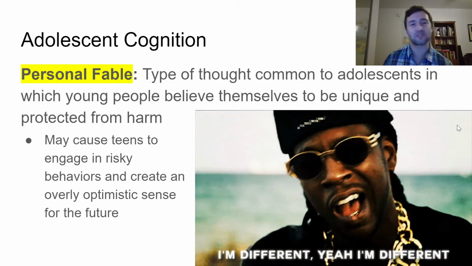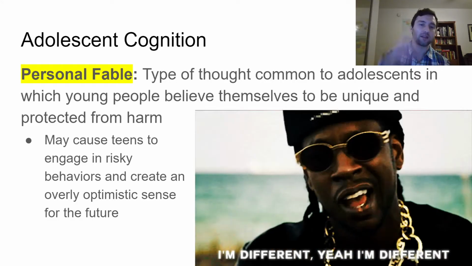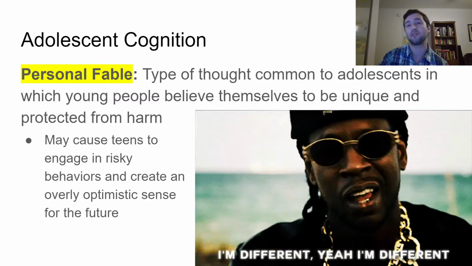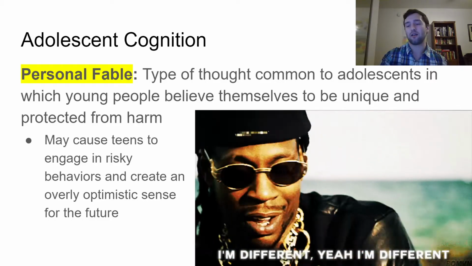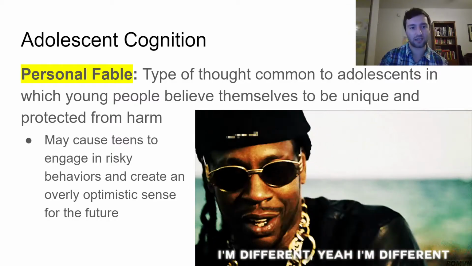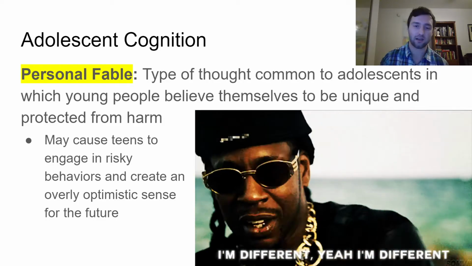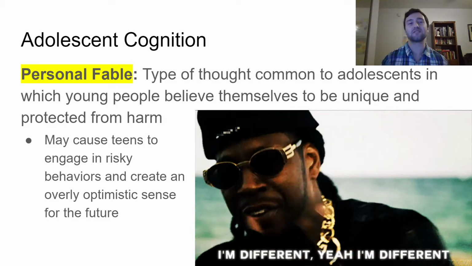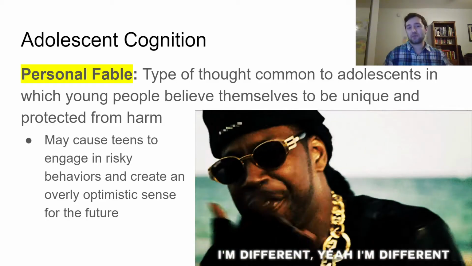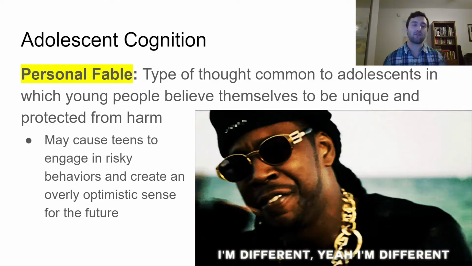We also see what is called the personal fable. So personal fable is a type of thought common to adolescence in which young people believe themselves to be unique and protected from harm. So again, this goes along with that risk-taking behavior, where I can maybe give you statistics on, like I said, drunk driving incidents or speeding accidents or STIs or teen pregnancies or all these different things, right? But even with that information, adolescents are still going to, a lot of times, carry out these behaviors. And one of the things that we see is what's called the personal fable, that even